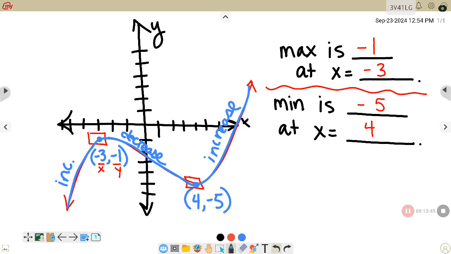So talking about the increasing and decreasing intervals. There are 2 increasing intervals. The first one, remember, you're coming in from the left, from -infinity, and you are increasing